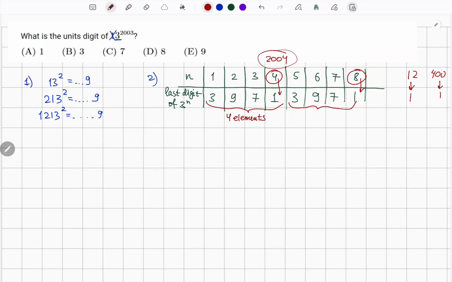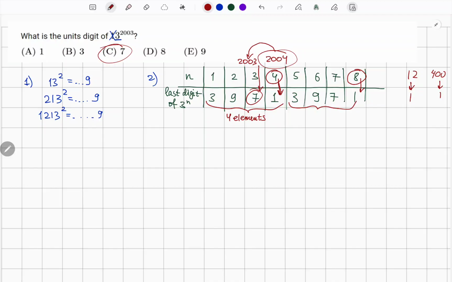2004 is divisible by 4, so it's also 1. But 2003, which I'm interested in, is the previous term. Here it is, 2003. It is 7. So the answer is C. That's it. So it's a classical problem, and I urge you to make a study of the